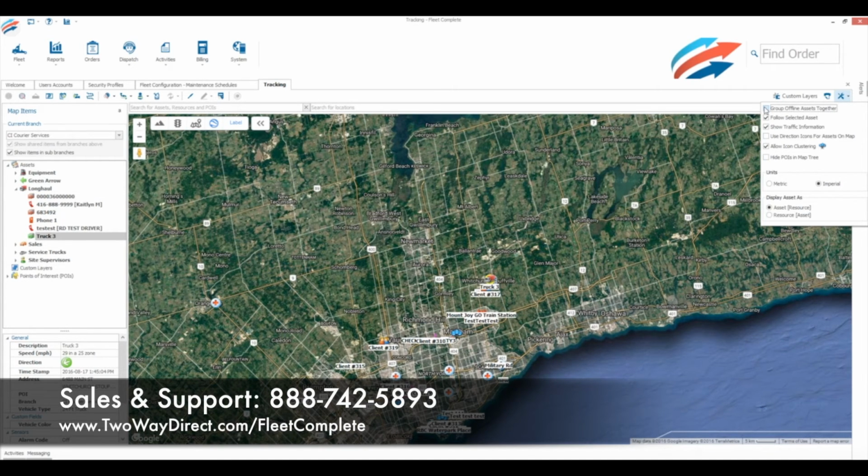Now, an asset can be shown as offline for 3 reasons. 1, the device hasn't yet been installed. 2, the device is out of cellular range. Or 3, the device is not transmitting at all. Now, if you have any concerns as to why your devices are offline, you can reach out to our technical